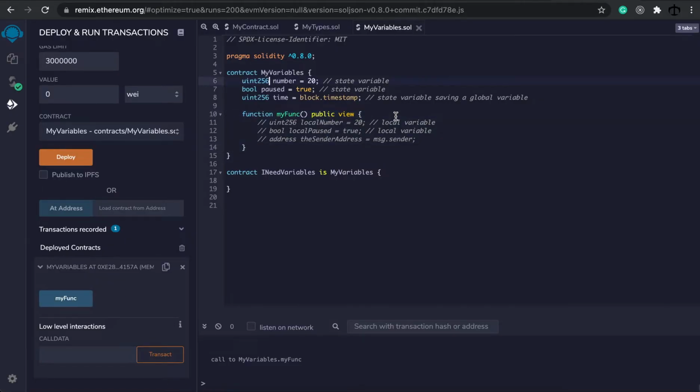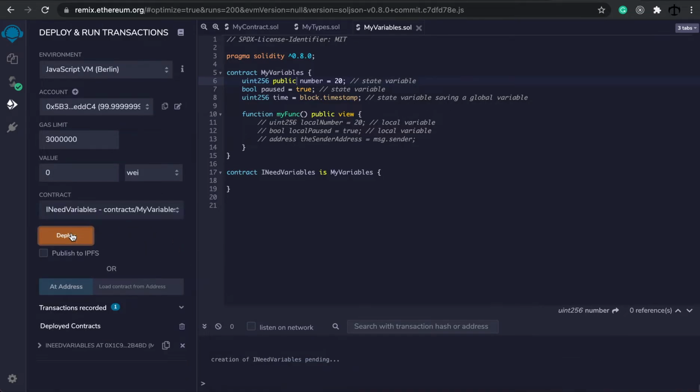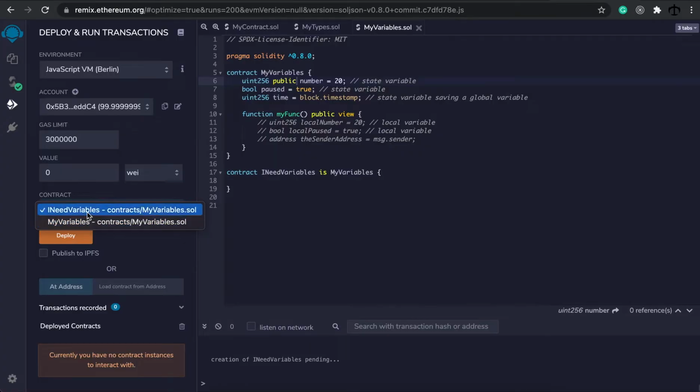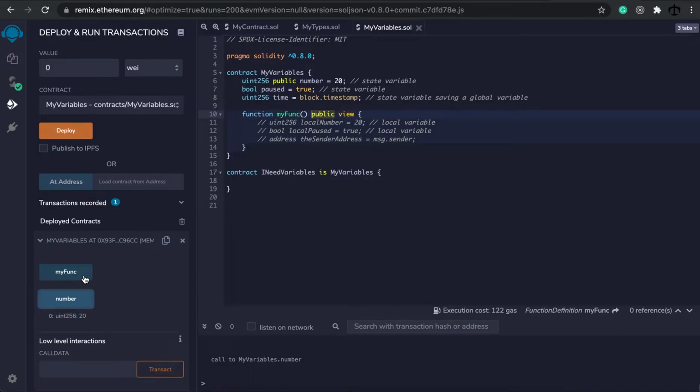Like I explained, if you make something public, such as this number, we can say save, and we can go in here, close it, deploy it, or close it, select the my variables, deploy it again, and we will have access to two things now. We will have access to the number as well as our function, which is public. So there is the number, it's 20, and the function still doesn't do anything. But that is important to see how it works accessibility wise to the outside world,